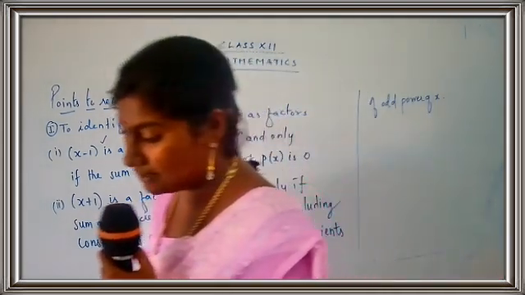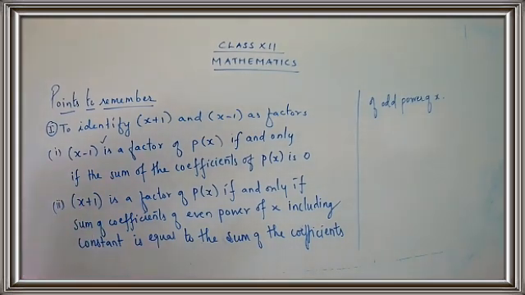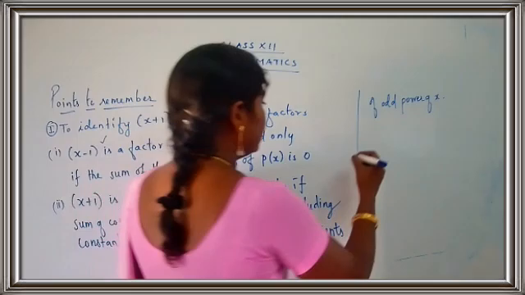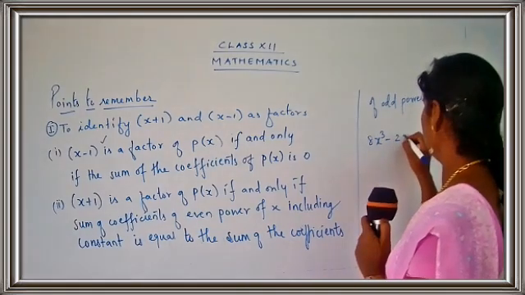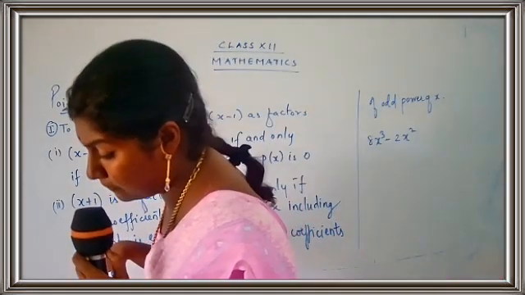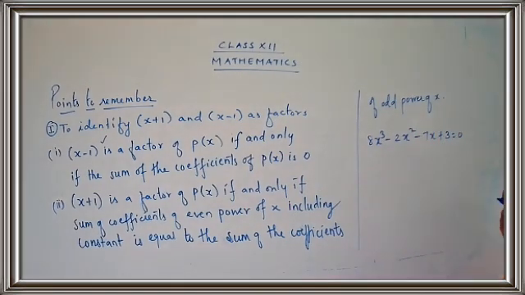Okay, children, I'll just take one of the examples over here. I'll take the same example which is given in sum number 6, the second question here. 8x cube minus 2x square minus 7x plus 3 is equal to 0. Suppose you have this equation. The first thing is you check for the first part, that is, when you add all the coefficients, whether you get the answer 0. Check for that case. If you don't get the answer for that case, go for the second case.